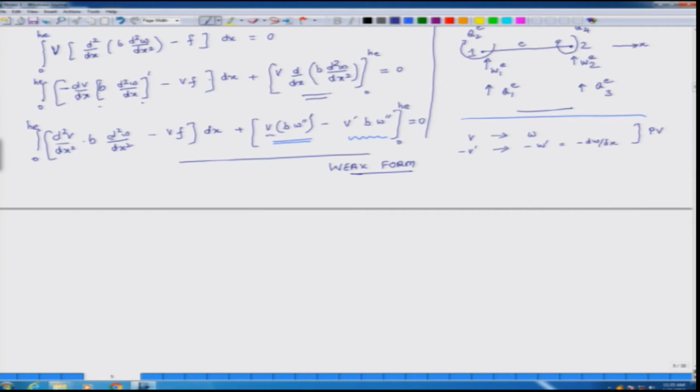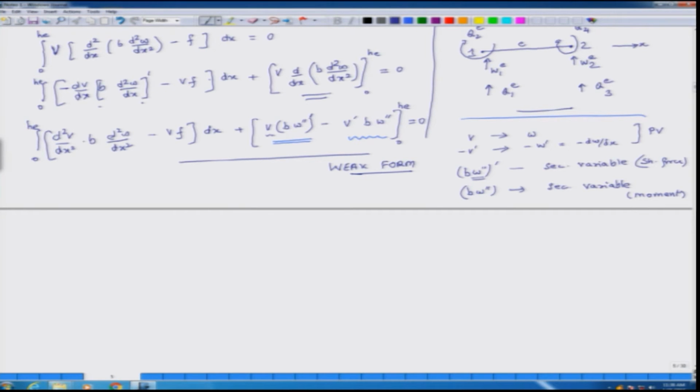Then the coefficients of the primary variable terms help us determine what the secondary variables are. So, here I have V as the primary variable associated term, and its coefficient is B W prime prime. So, this is my secondary variable, and physically this represents shear force, right, it represents shear force. The second coefficient we are talking about is B W prime prime. So, this is another secondary variable,